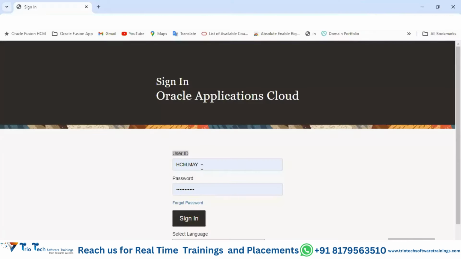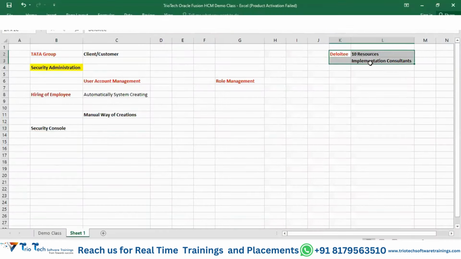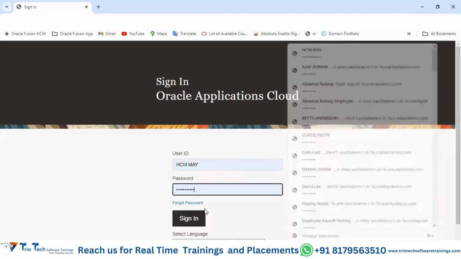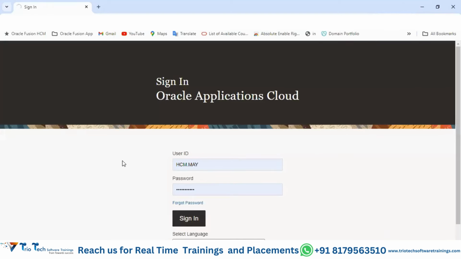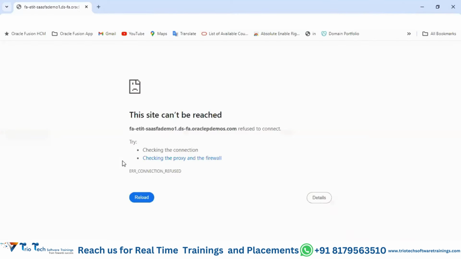Now I'm logging in. Let's assume this is the user that the client gave us: one super login with all access. So I'm using that and trying to log in. Let's say I'm signing in. After logging into the system,